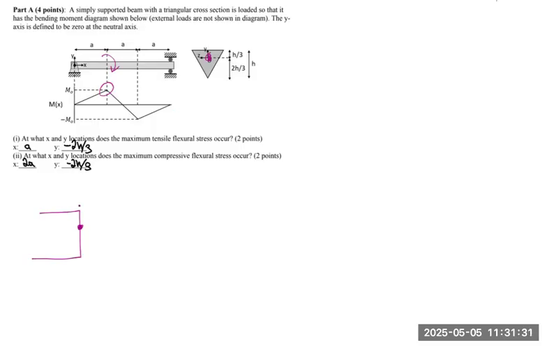They nicely gave us the centroid, and at this point, since the bending moment here is positive, it corresponds to a clockwise rotation. So in order to get that clockwise rotation,